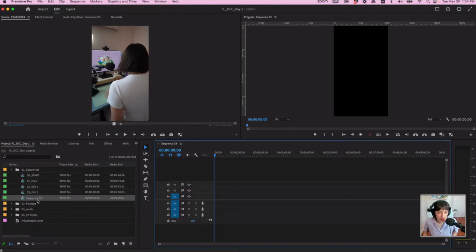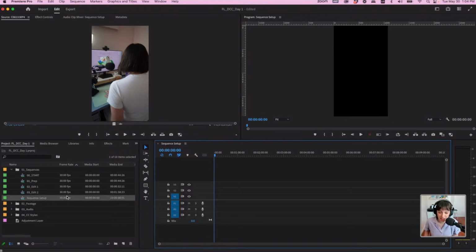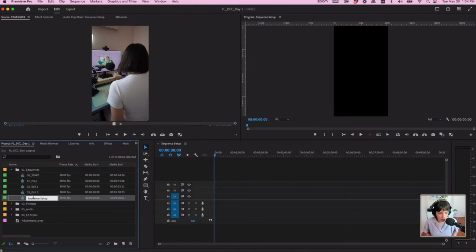And you can name this, I'm going to double click it and name it sequence setup. That way you know that that's just the one that I made to show you how you set up your sequence. Okay. From here, actually, I'm going to rename this. I'm going to name it 01 Prep. That way I have 2 of them now,